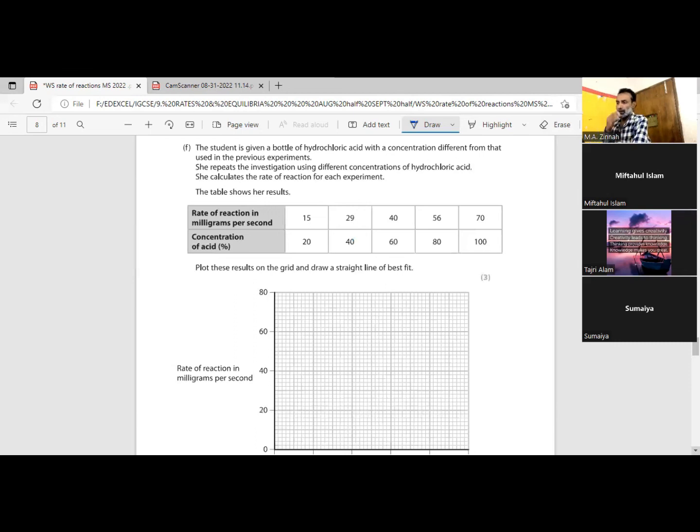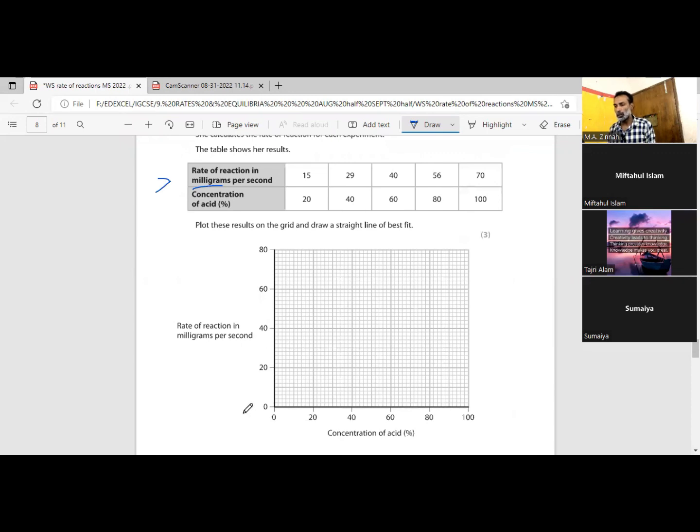A student is given bottles of hydrochloric acid with concentration different from that used in previous experiment. She repeats the investigation using different concentrations of hydrochloric acid. She calculates the rate of reaction for each experiment. Result. Okay, rate of reaction in milligrams per second. মিলিগ্রামে নিয়ে আসছে, কারণ গ্রামটা অনেক ছোট হয়ে যাচ্ছে।